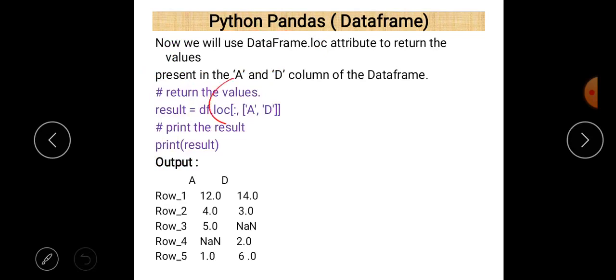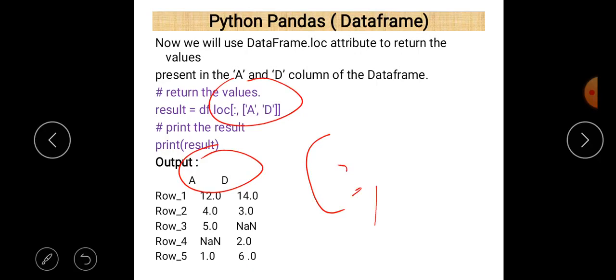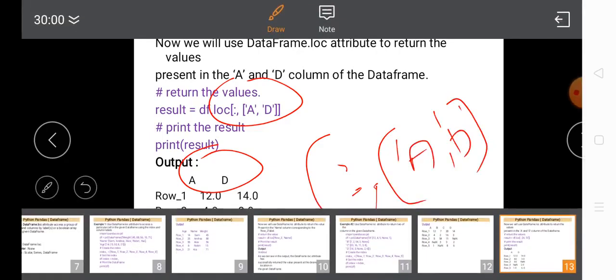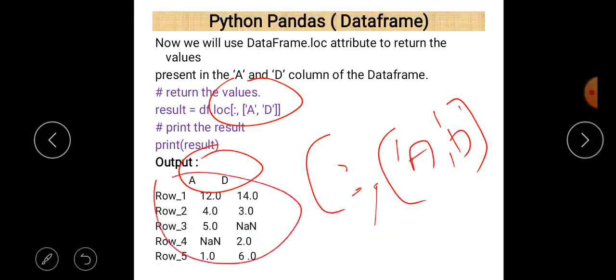And we just use loc with 2 different column names, A and D. So after loc put a square bracket, then if no row is selected, put nothing, just a colon sign, and then after that a comma and the names of the columns. The names of the columns are A and D. That is always the syntax. So the different values corresponding to these are printed here. And note down that if no values are found in this case, then NaN will be there.